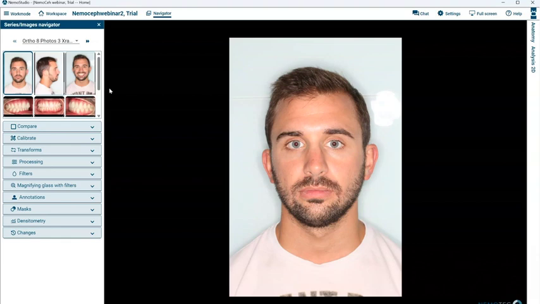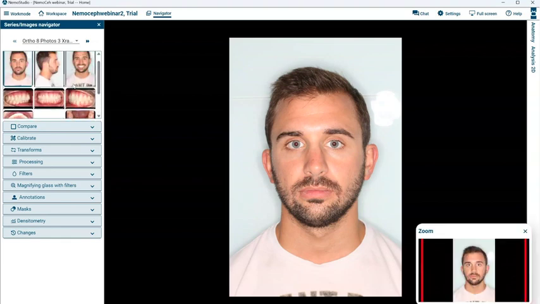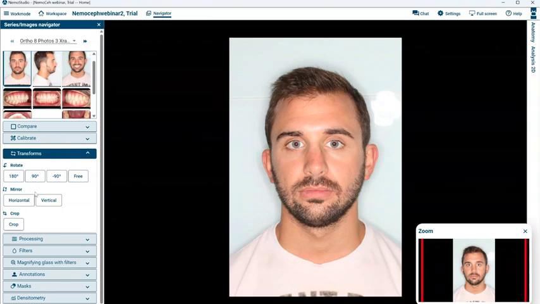Do the modifications we want to do from this editor, for example, calibration, transformation, for example, if we want them aligned